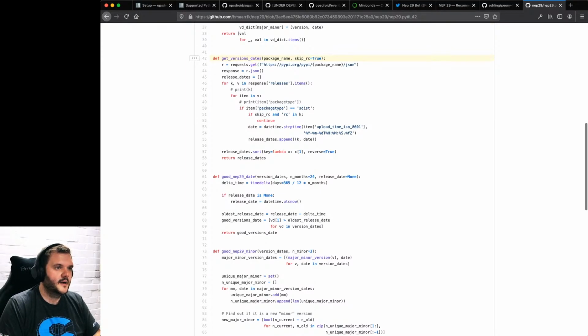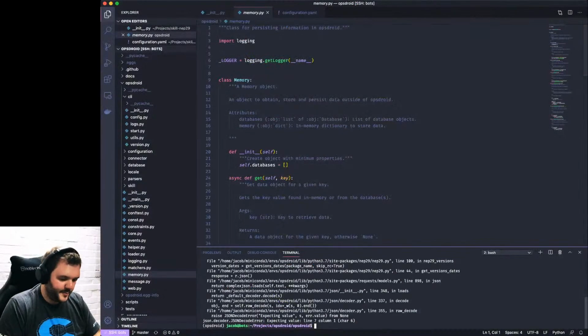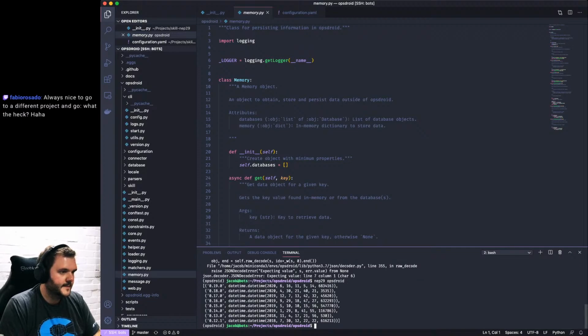Okay, so it's actually looking up the package dates. Okay, what if I put in NEP29 Opsdroid? That's interesting. What has that told me?